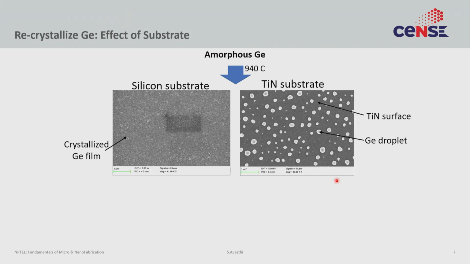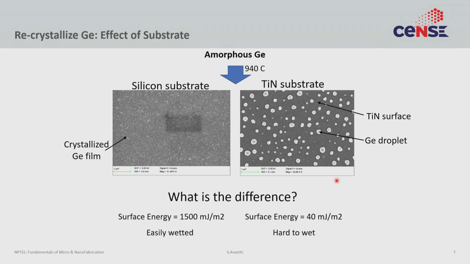on titanium nitride, so just coating titanium nitride on top of silicon, it doesn't work. It so turns out that the germanium tends to form droplets. Now, why is that happening? We looked into the detail, and during this process we are essentially melting the germanium and recrystallizing or solidifying it. During that small portion when the germanium is liquid, it is sensitive to surface tension. On silicon, it wets the surface, and when it wets the surface, it forms a good smooth layer. On titanium nitride, it does not wet the surface, so it forms globules.